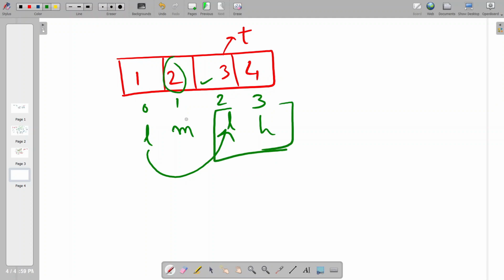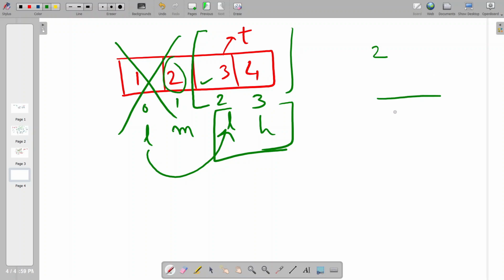This is our search space. So we reject this part. This portion is rejected. And our search space has reduced by a factor of 2, right? Now we are searching on an array of size 2. Earlier we were searching on an array of size 4. That's why we say that in this process we don't take linear time. Instead of searching for 4, next time we search for 2, next time we search for size 1 array. In this way, the size of searching keeps on diminishing by a factor of 2.